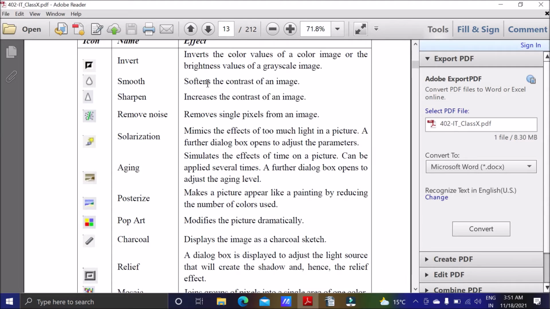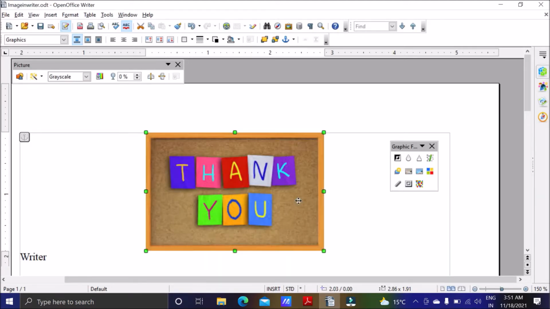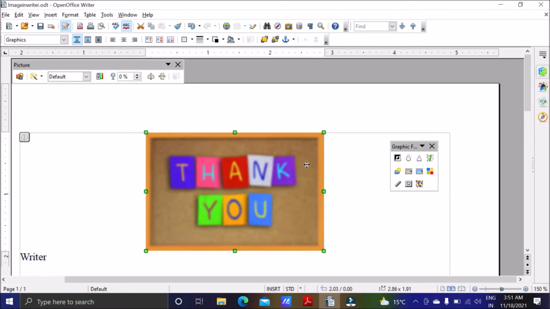Next we have smooth. It softens the contrast of the image. So let's undo our action first. This is our smooth, which will smoothen the image. So it softens the contrast of the image, whereas sharpen will increase the contrast of the image.